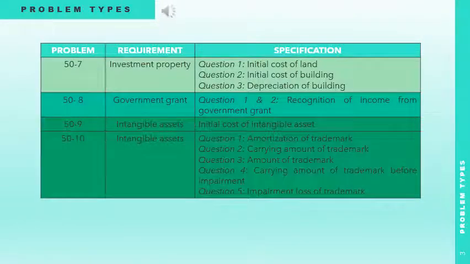So, dito sa problem 50-7 is similar yung hinahanap sa 50-5 and 6, which is investment property. Pero kung makikita nyo dun sa specification is very different from sa mga naunang problems. Dito naman sa 50-8, ang hinahanap is government grant. Meanwhile, sa problem 50-9 and 10, ang hinahanap natin or requirement is intangible assets. Ngayong alam na natin kung ano yung mga problem types and requirements niya, mag-proceed na agad tayo sa ating mga